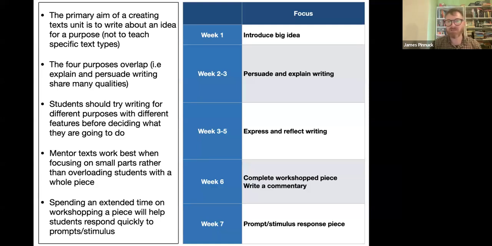Another kind of pedagogical outcome that this unit design is meeting is that over the first part of the unit, students should spend some extended time workshopping, experimenting with different ideas, and they can choose one of those ideas to polish up and present as a workshop piece. And from the ideas that they experiment and think about over the first few weeks, they can also draw upon those in how they respond to a prompt or a stimulus in a kind of shorter, more exam style period